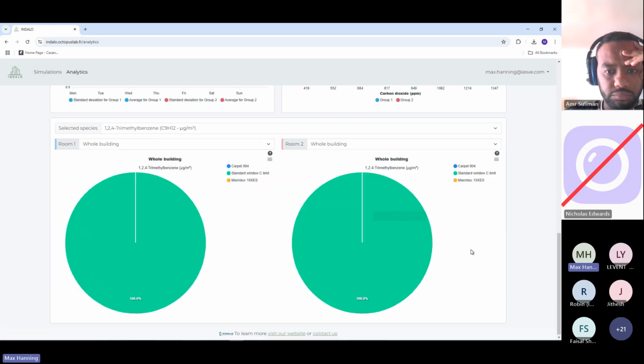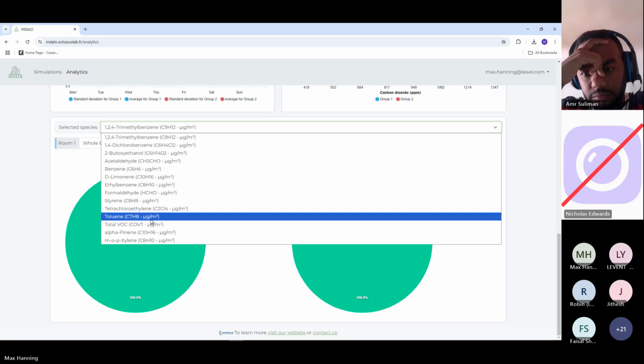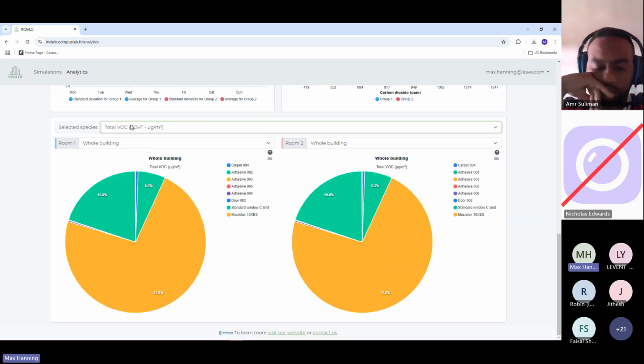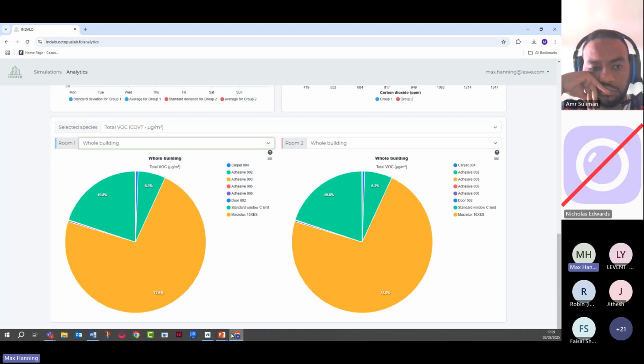And then lastly, at the bottom of the analytics page, we have the ability to analyze our material selection for their impact on indoor air quality. So we can view this for our entire building, as we're seeing here. So I've just selected total VOC there to display our results, or on a room by room basis if we wanted to as well. This can be used to easily understand which materials are most contributing and to test alternative materials for their impact. So if I just flick back to my slides, actually,